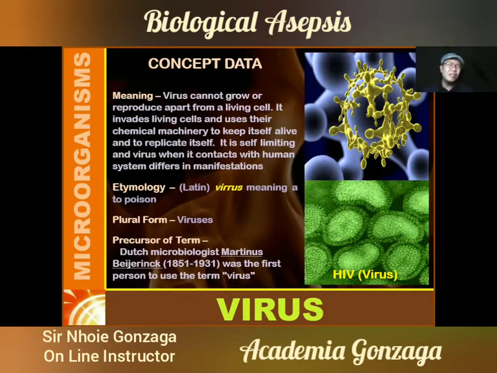That's why there are really no cures for virus. If you have a virus, you're still given antibacterial medications. Why? Because that is for prophylaxis, or prevention from bacteria that will become opportunistic organisms. So for a virus, the only thing that we can do is make your body healthy and the virus will just leave. The word virus came from Latin, meaning poison. The plural form is viruses.